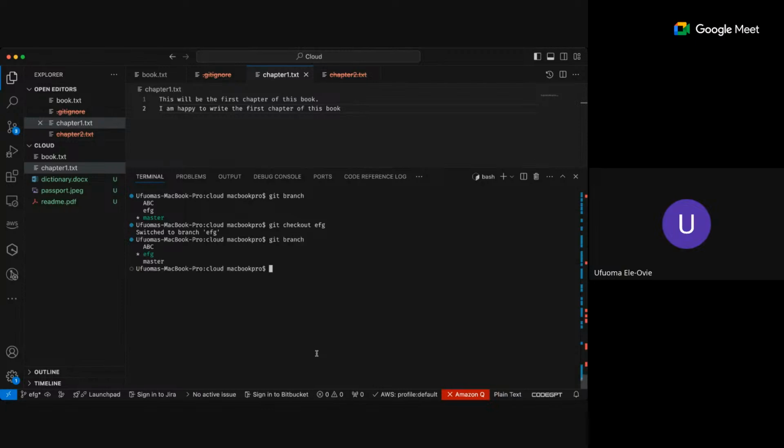Let's see, we are in our EFG. So it's basically the same as the master. Okay. Now here in our EFG, let's create a file, the .gitignore,